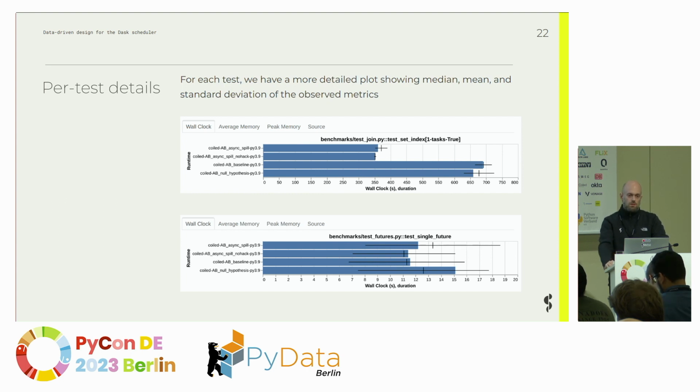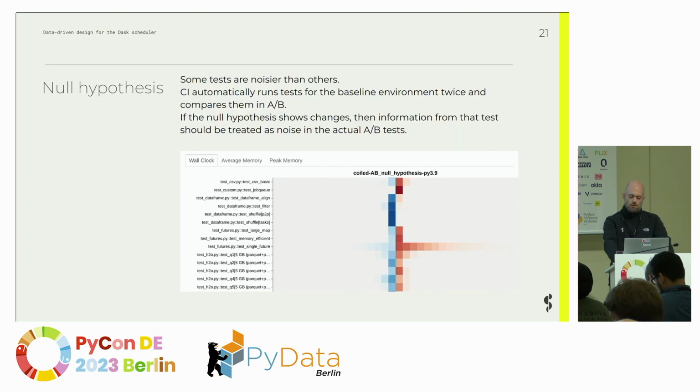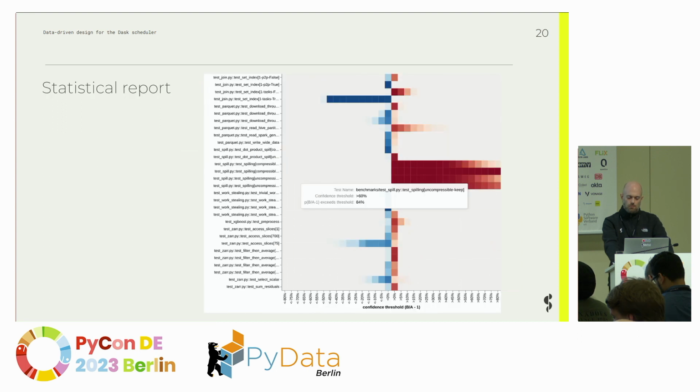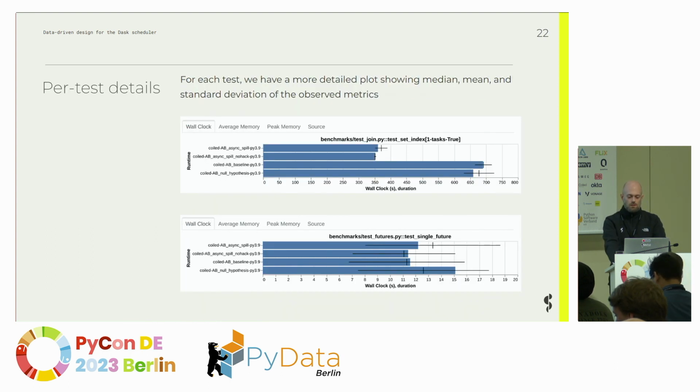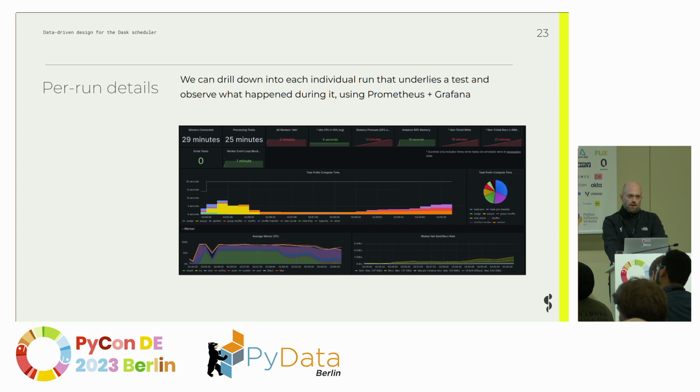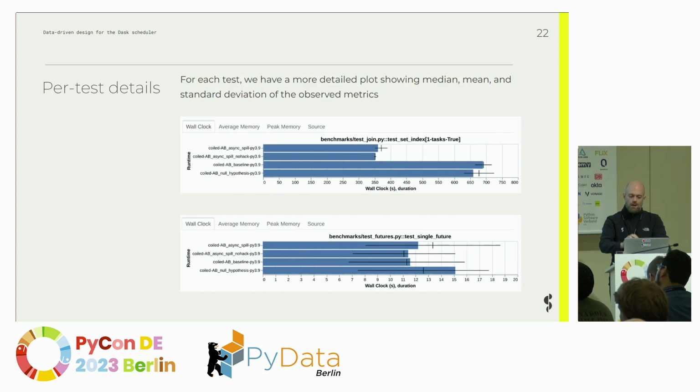And at the bottom, we see a very noisy test, which maybe is faster in my branch, but the signal-to-noise ratio is so bad that I really shouldn't look at it. And this is exactly the one that I was showing before. And at the top, this is exactly the blue line that I was showing before, which was already solid blue. I already knew that, but this tells me something more. And finally, if I still don't know, every one of those bars is 5 to 10 test runs. If I want to see what